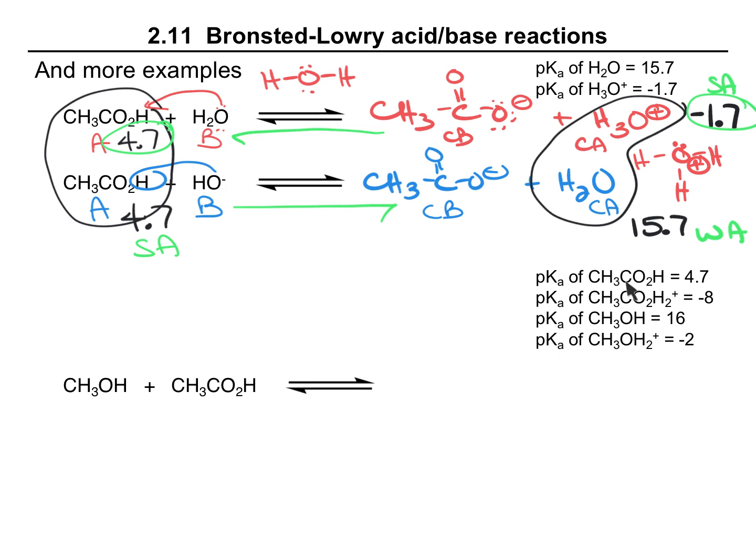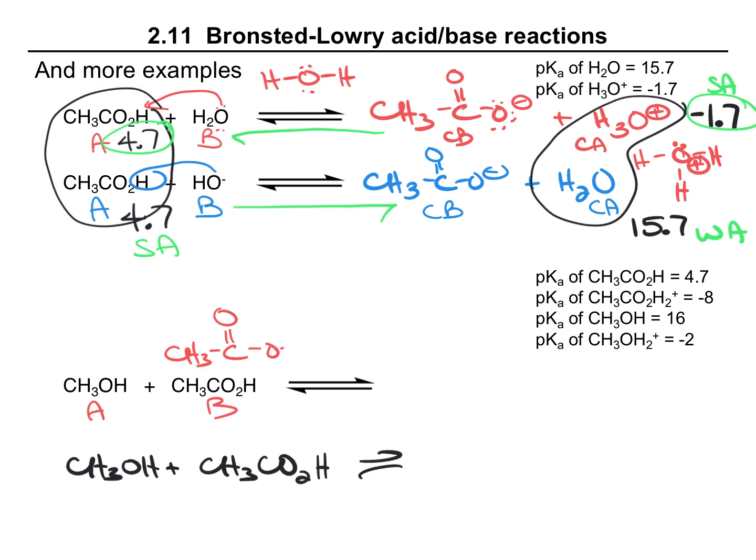We have a pKa value for acetic acid, and for protonated acetic acid, we have a pKa value for methanol and for protonated methanol. Well, let's think about this both ways. So I'm just going to rewrite this. And if we're not sure what's happening, let's try it out. So one option is that methanol is the acid and acetic acid is the base. And if that's the case, so here we have